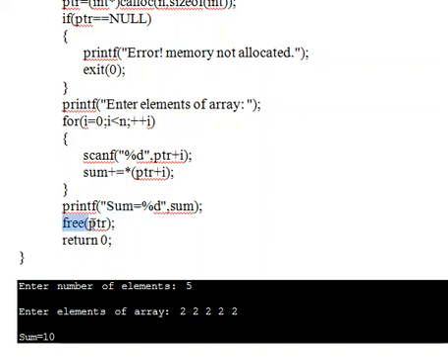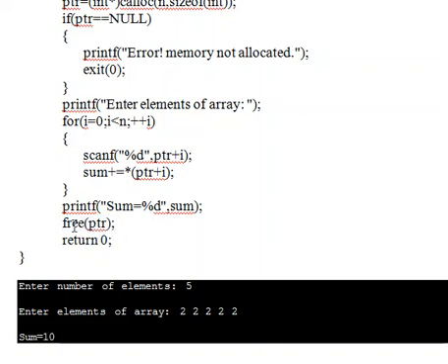Next, free of ptr. So free is the function to deallocate the memory. So for the pointer variable ptr, we are assigning some memory starting address. By using the free function, we are deallocating that allocated memory, because after using the memory, we have to deallocate the memory.